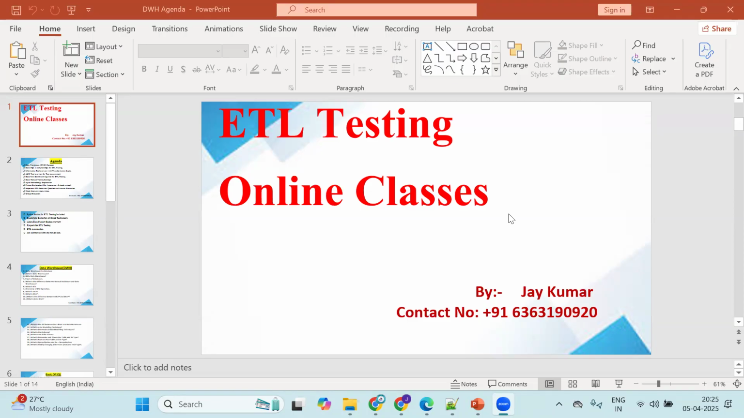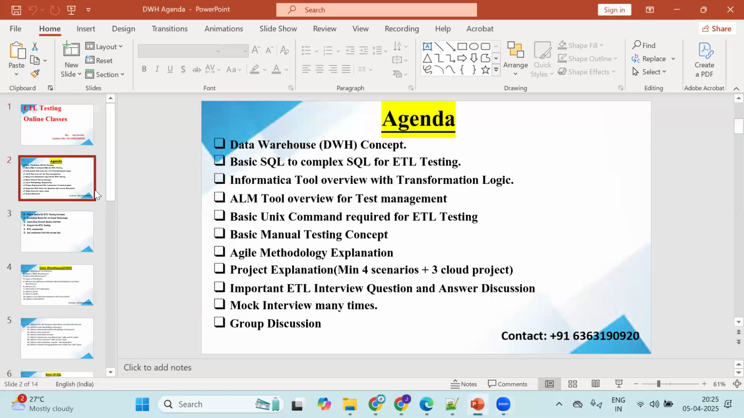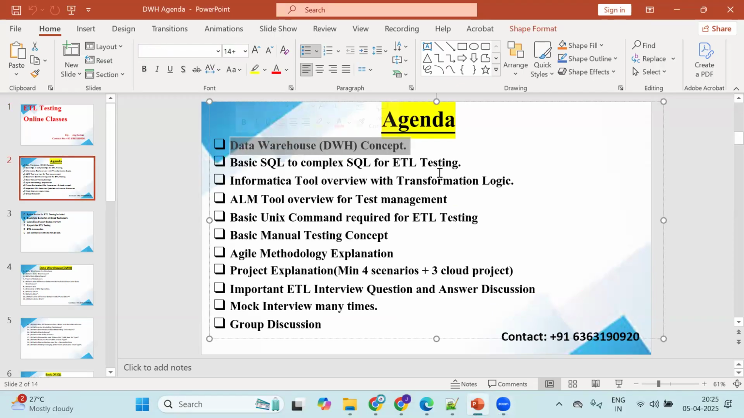So now we are going to see the syllabus for your ETL testing, cloud ETL testing. What we are going to learn throughout the 2 month journey. So we will have 2 month plus classes, which will include your data warehouse concept. First of all, we'll complete SQL, and then it will be basic SQL to complex SQL